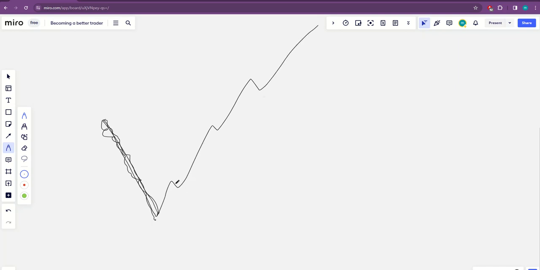Everybody has had their fair share of this stage. They have gone through this stage, and most of the people you see now are on the later stage, but they don't show you that they've gone through this stage. You don't see the years of failure, the years of pain, the years of tears, all the times when they wanted to give up, all the things they went through. But honestly, trading is like this. You're gonna start by going down before you go up.